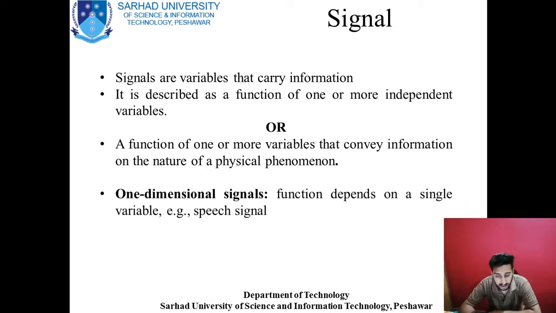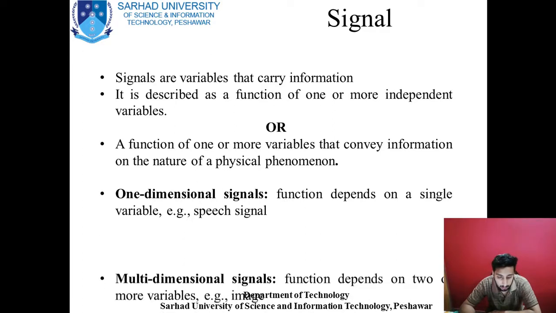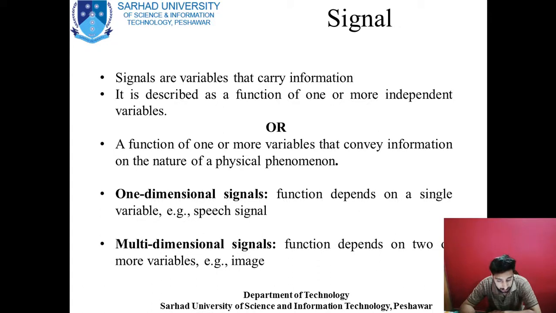A one-dimensional signal depends on only a single variable. For example, if you listen only to my audio, that is a single-dimensional signal. But if you can see my video as well as hear my audio in the lecture, this is a two-dimensional signal. And in this lecture you are actually seeing three dimensions. You are also able to see my screen, so you are getting three signals: my voice, my video, and the slide screen share.